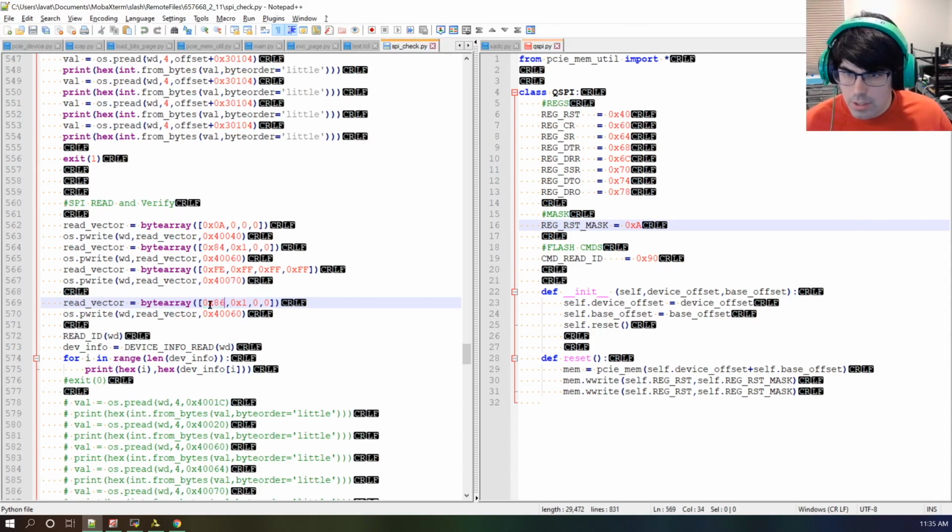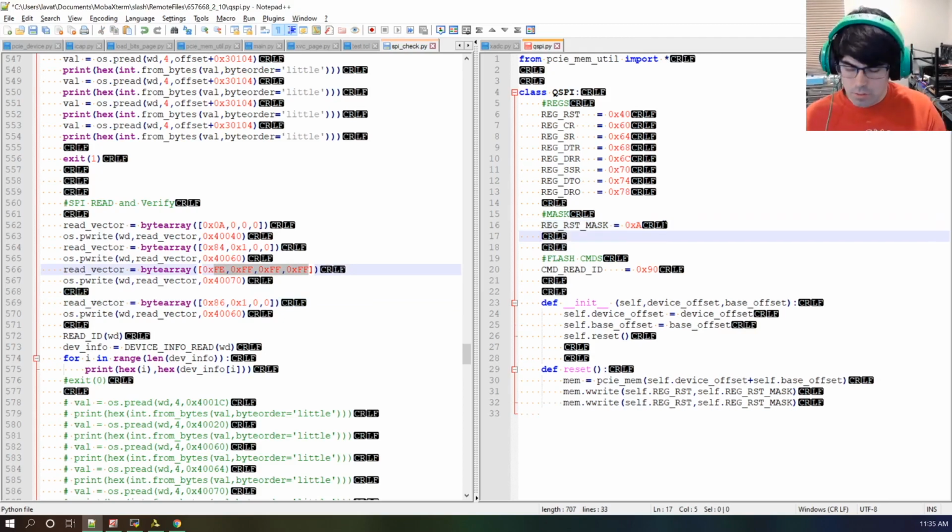So here, this is what we normally want to operate it at. So 186 for the command register. Well, the chip enable. We're going to do reg